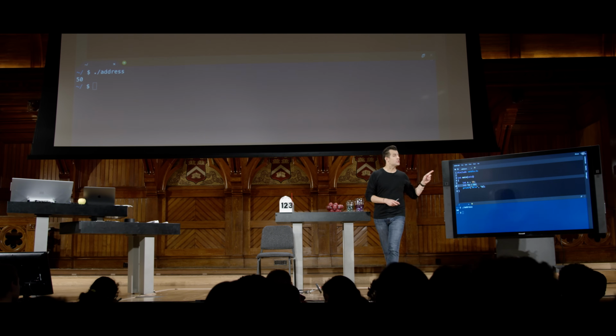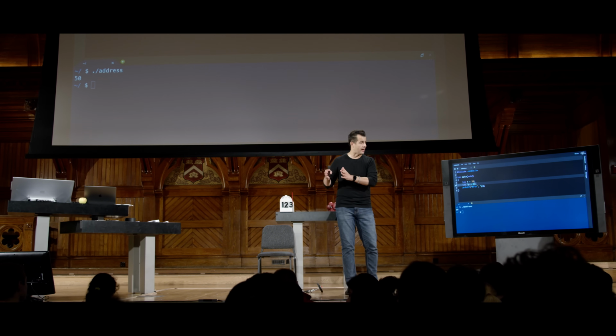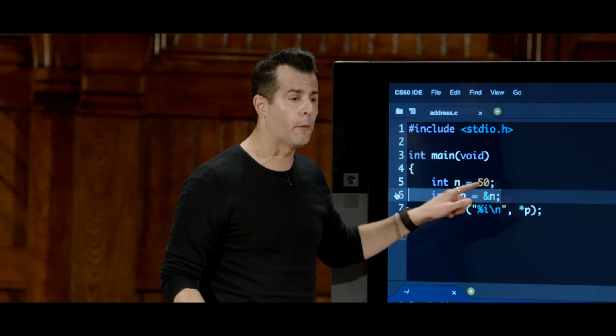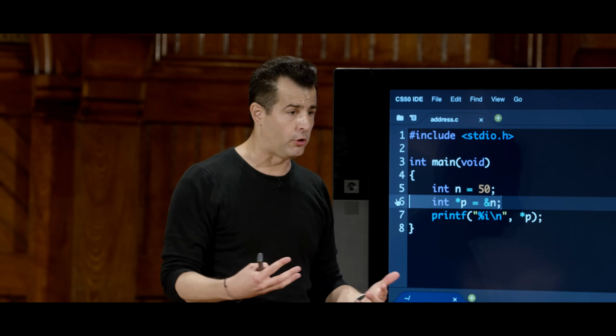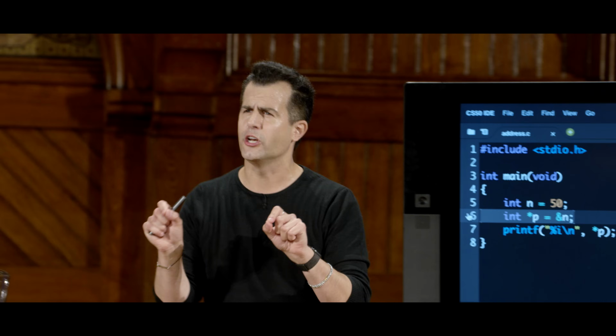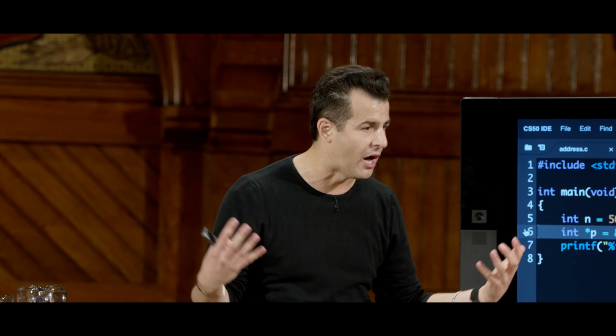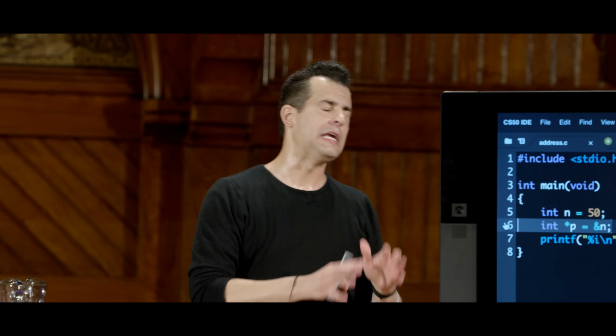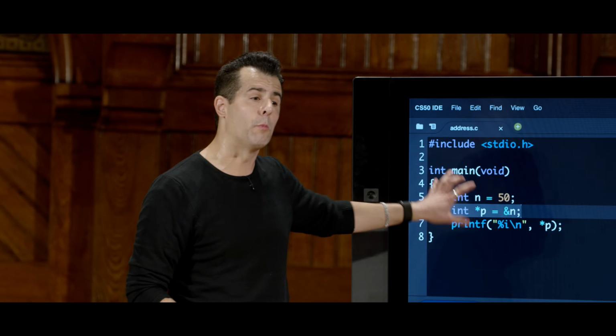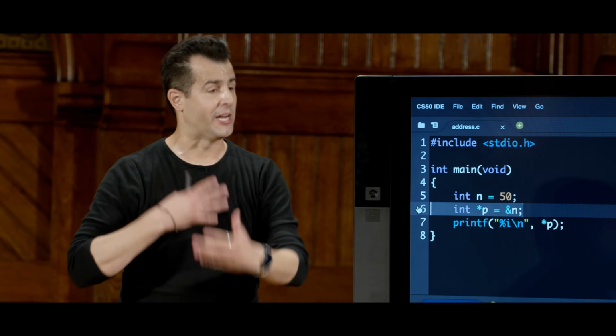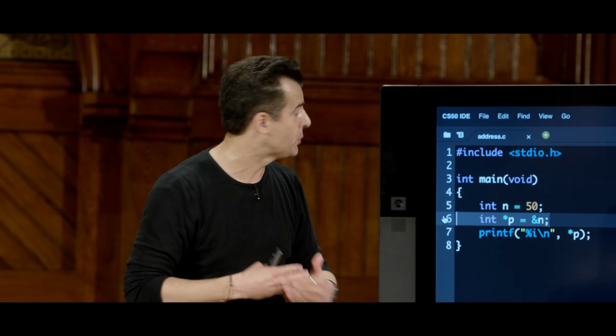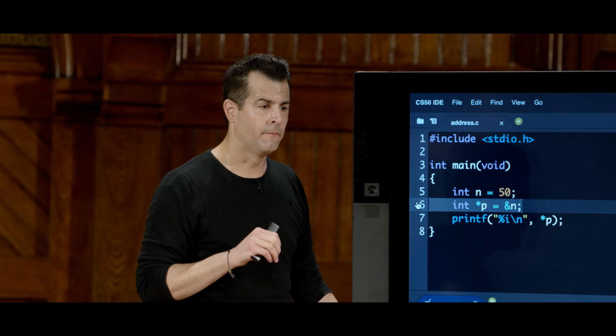Good question. If you said int p equals ampersand n, semicolon, instead of int star p, Clang, the compiler, would actually yell at you, because it realizes that, wait a minute, you're trying to store an address, not an integer like you and I know it, 1, 2, 3, 4, 5, 6, 7, 8. Even though technically they are numbers, Clang is smart enough to realize that if you're getting the address of something, you must store it in a pointer. You cannot store it in just an integer.